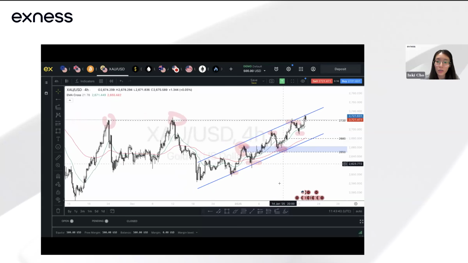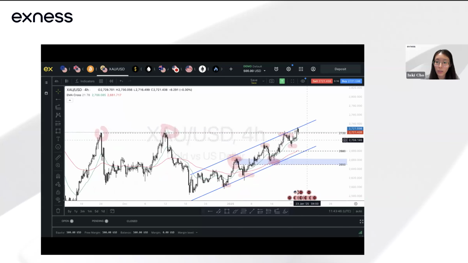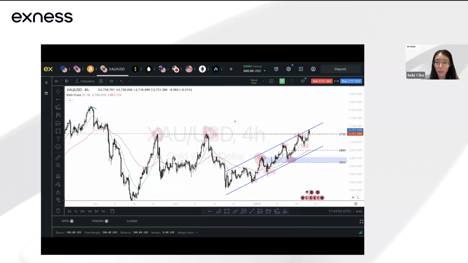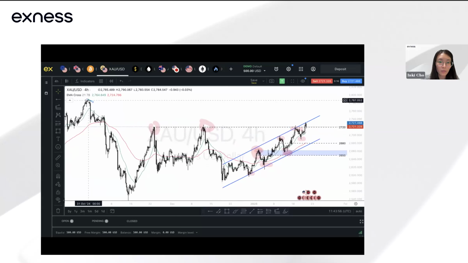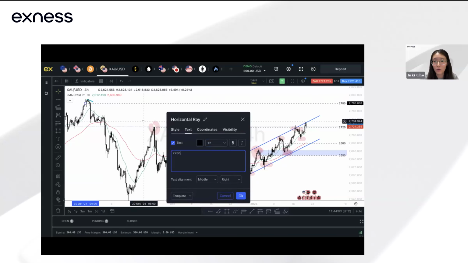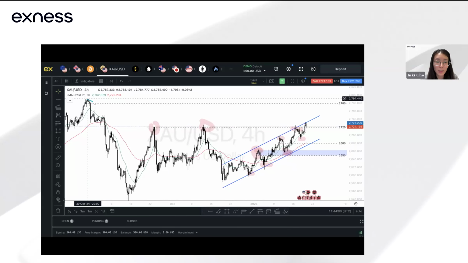Now, if you take a look at it in terms of the resistance, we have the 2720 that price is currently testing. And beyond that, what would be the next potential level? If we were to just take a look at what we have to the left of the chart, you can see we have a high that was formed here at about the 2780 level. This high over here is just a graphical high that we have. And if we take a look at it in terms of the Fibonacci extensions, identifying the zigzag patterns, let me just remove all this marking so that we can see it clearer.